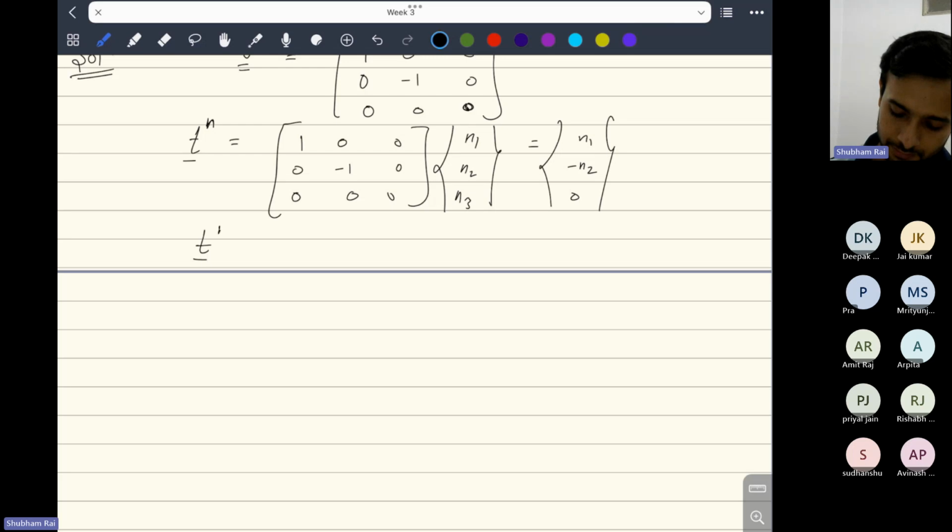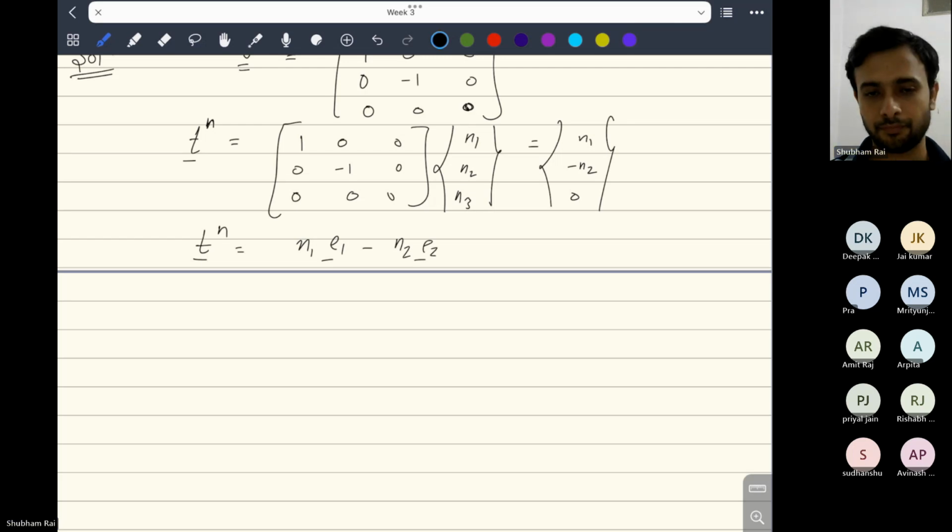Your traction vector is given by N1 even minus N2. From here you can see this is the first direction and this is the third direction. So